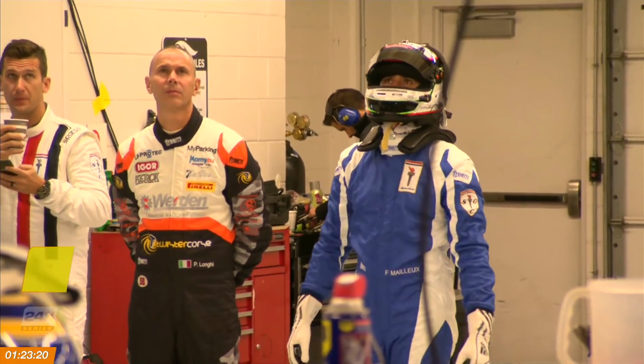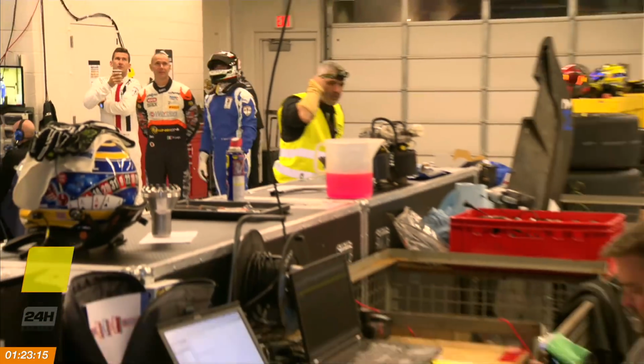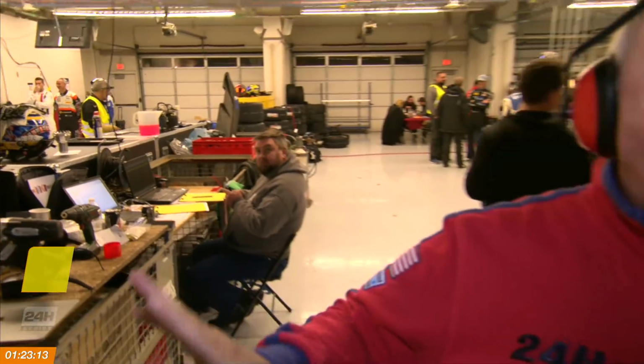Well, I was about to do that for you, but that man there, standing at the back of the garage behind me, is Frank Maillot. He was standing there. Nothing was happening, but the number 49, that's his car, has gone out. It's going to come straight back in, and he's going to jump in. So he said, "Sorry, I can't talk to you. I'm about to go out." So that tells me that the Glickenhaus team, they're just going to cycle through their drivers and get them their